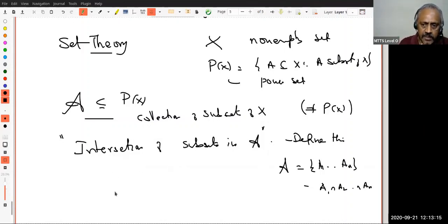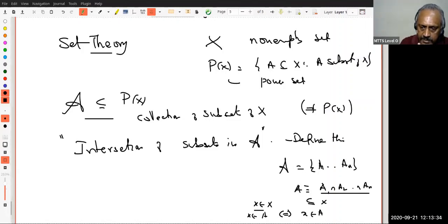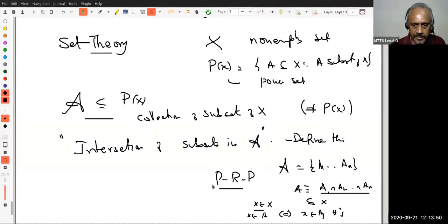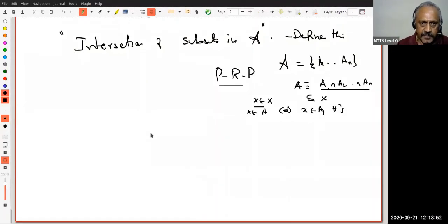So how will I do that? What does it mean? See, this is a subset of X. So when does x in X belong to the subset A1 intersection A2 intersection An? If and only if x belongs to Aj for every j. That is, x belongs to Aj for every subset Aj in this finite collection script A. Do you understand that? Pause, review, and proceed. If you want, please rewind this and play the video again.